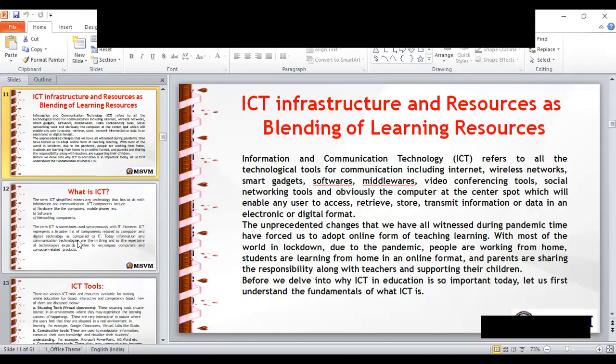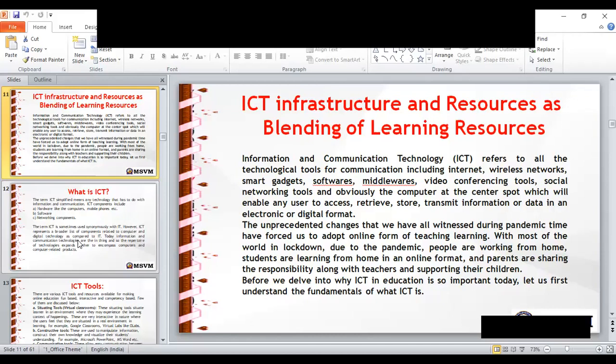Various ICT tools and uses through which the learning spaces can be made conducive for the learners are discussed, and especially in today's pandemic times, blending of the resources like the ICT infrastructures can play a very vital and significant role.